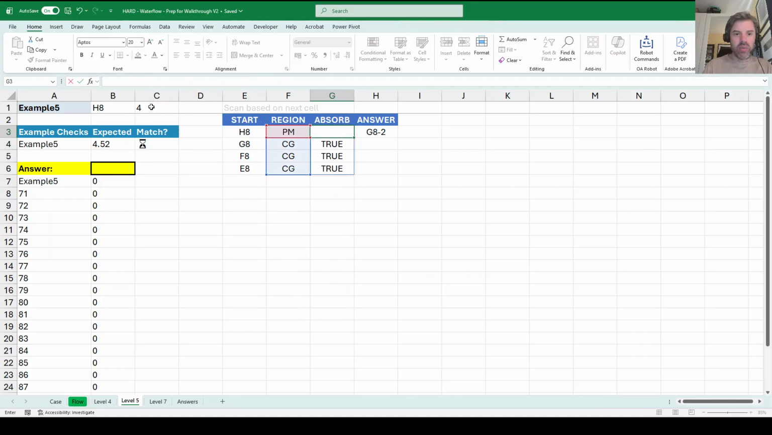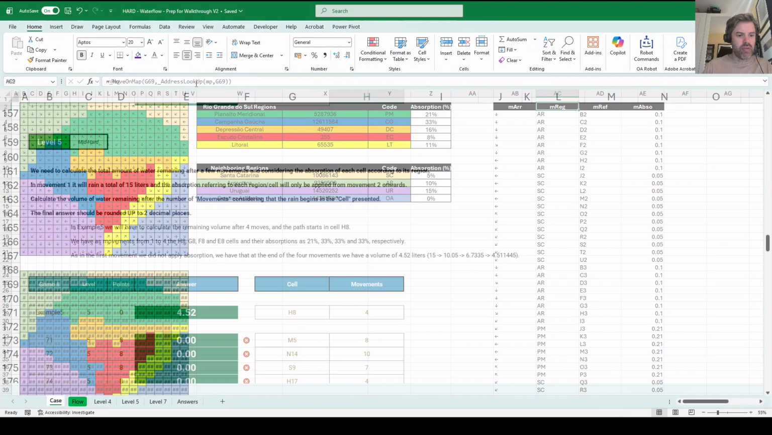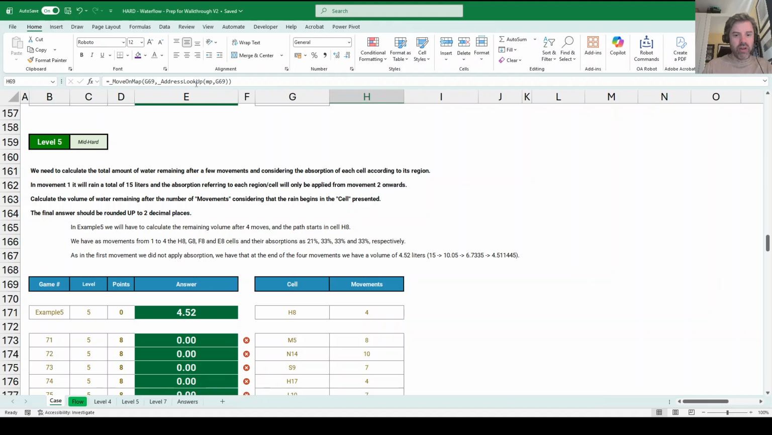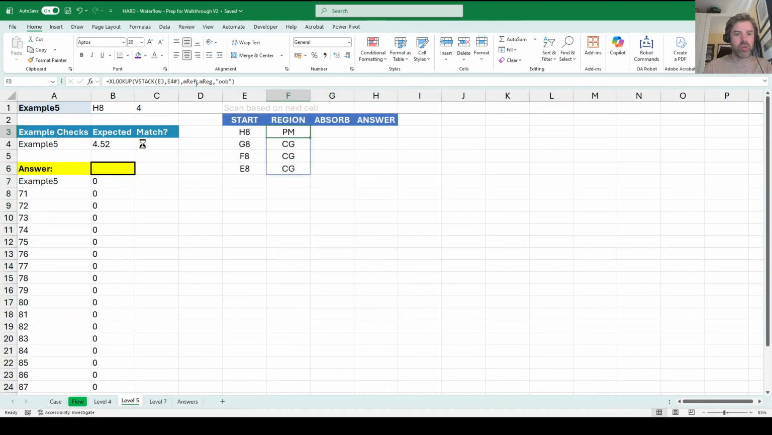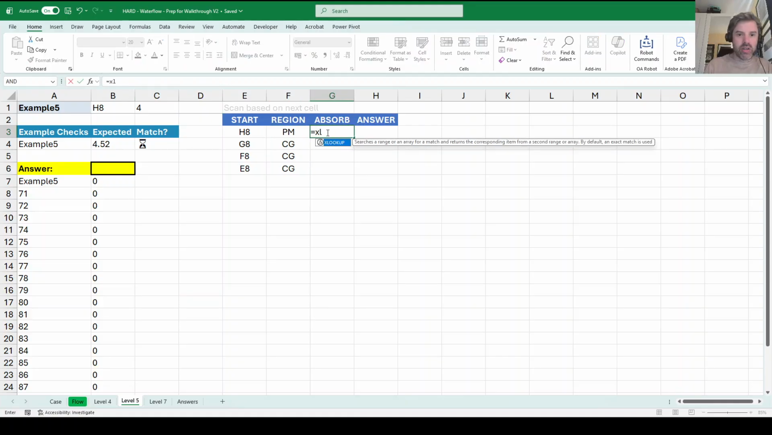We're no longer dealing with whether it's changed or not, so we're now also no longer looking at the region. Are we looking at the region? What is the question actually asking for? We're looking for their absorption. Oh yes, we need the region because their absorption rates are based on the region. So we can then X lookup this on M region